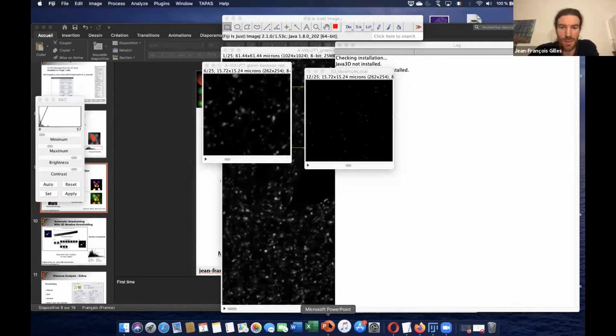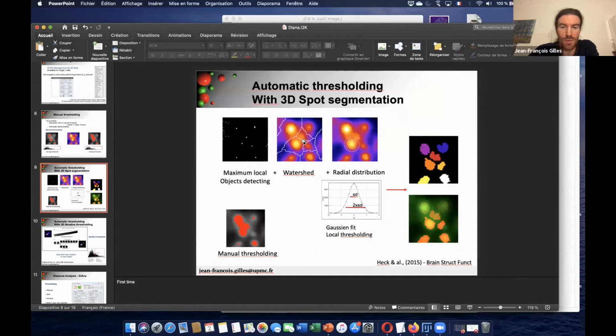With this, we do a watershed with the initial image, and we will perform a Gaussian fit around the local maximum. The watershed is like the 2D watershed when you do a 2D analysis in ImageJ to separate touching objects. It does the same in 3D.